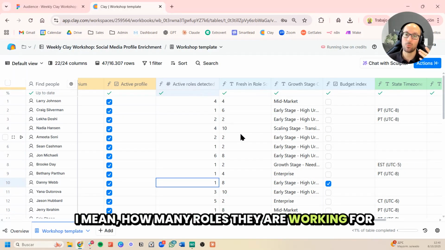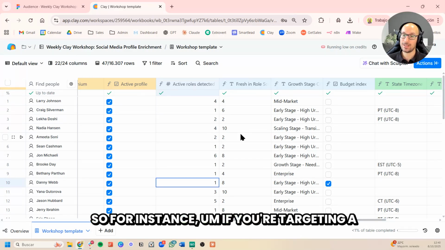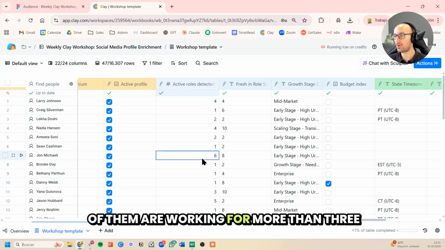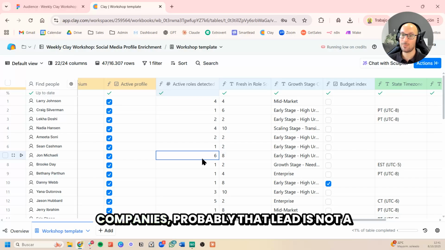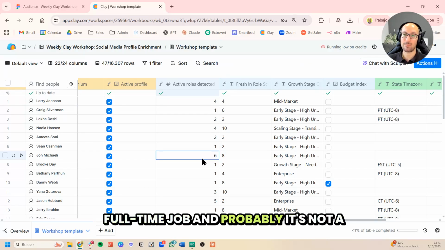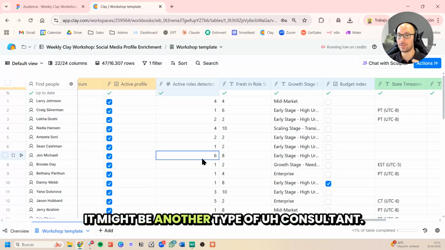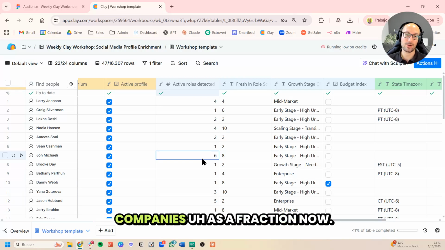The other indicator that you can have is how many roles they are working for today. So, for instance, if you're targeting a list of leads and, let's say, 20% of them are working for more than three companies, probably that is not a full-time job, and probably that lead is not a decision maker inside the company, you know? It might be a freelancer, another type of consultant, or someone working for different companies as a fractional.